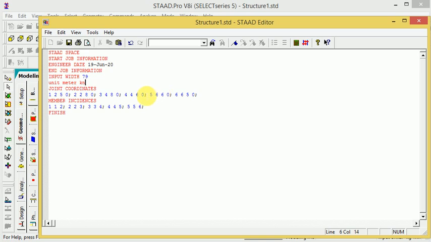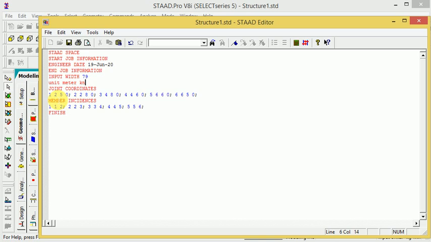Okay, so I have provided the unit, meter, and the second thing is joint. Whatever you make the joint, just like same node, and here provide